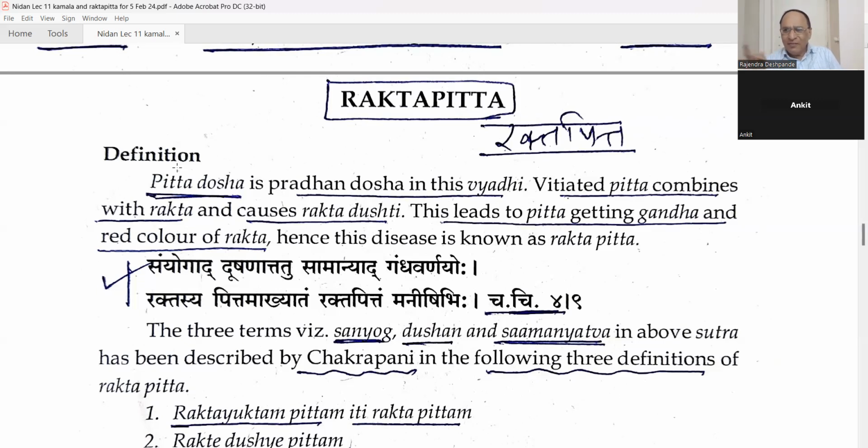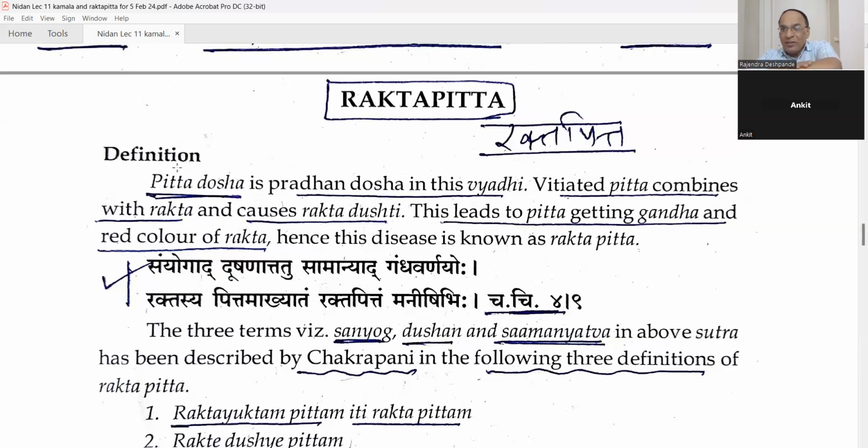I think a few days back I discussed this thing. That is per rectal bleeding because of piles. With the urine because of stone, hematuria. In ladies, a lot of bleeding with menses, menorrhagia. So this is all, even idiopathic thrombocytopenic purpura. Here the bleeding in the capillaries, in the skin, Tiryaka Raktapitta.